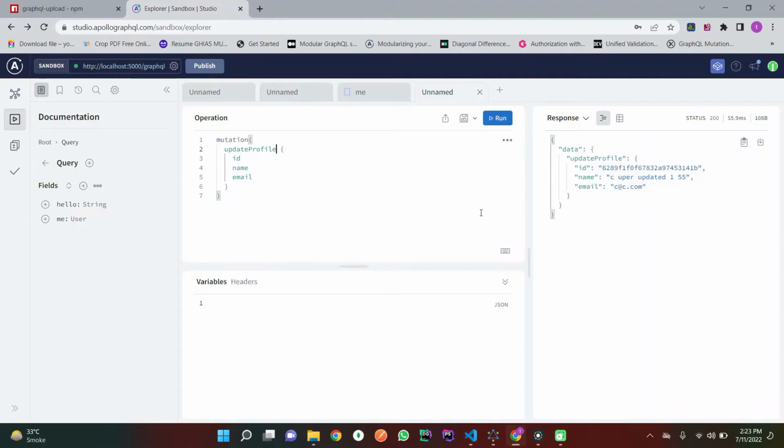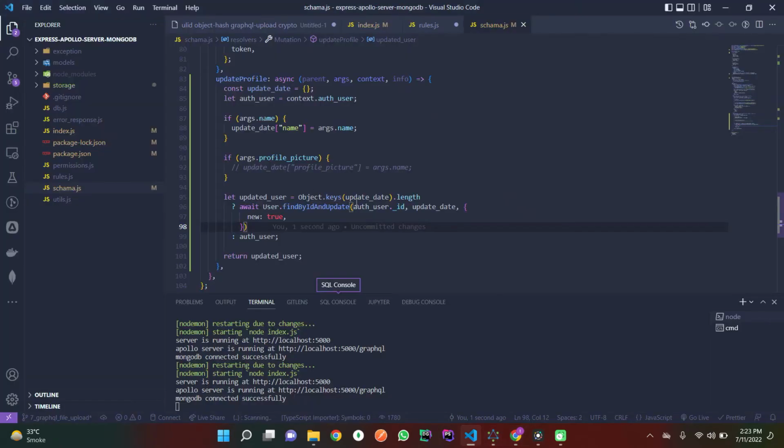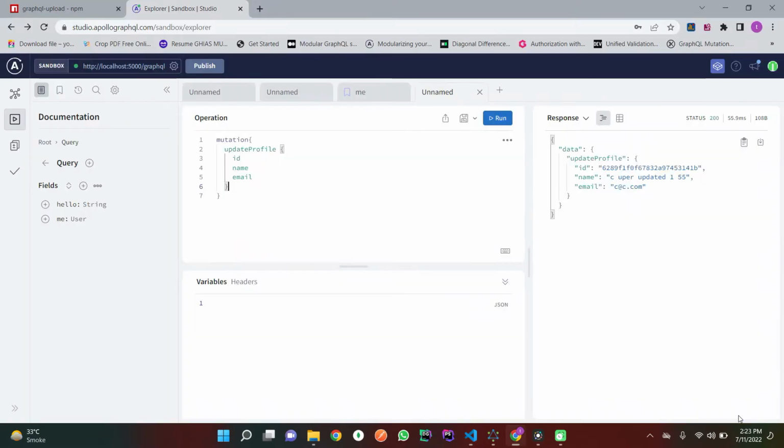create a key for upload file, upload profile picture, but to the best of my knowledge, there is no option available in the GraphQL playground to upload the file. So I am going to use the Altair software to upload the file. You can create a React project to upload the file using the front end, but for building the API, we are not going to build the front end. We will build the front end later, but now I am going to use just the software to upload the file through GraphQL. So